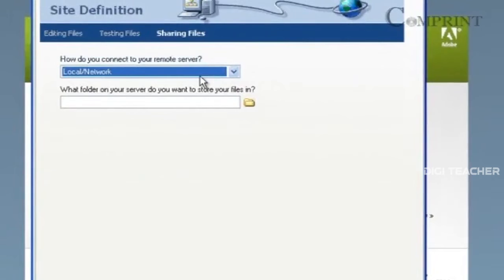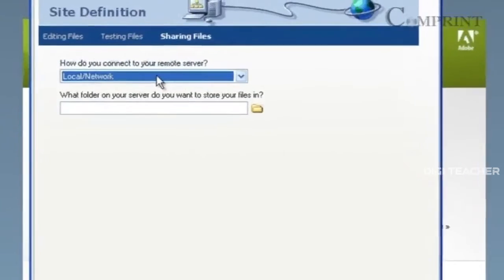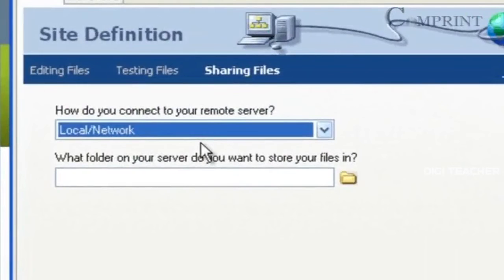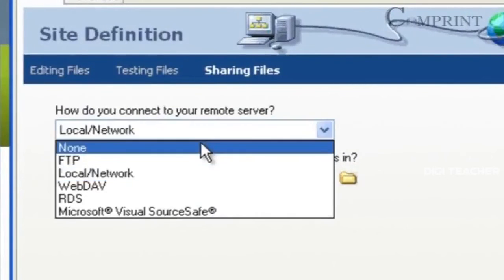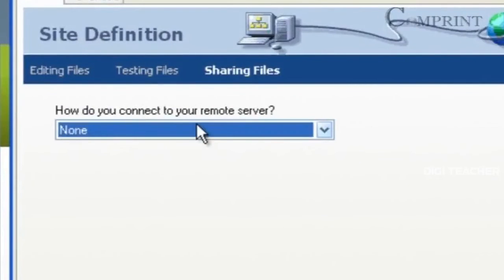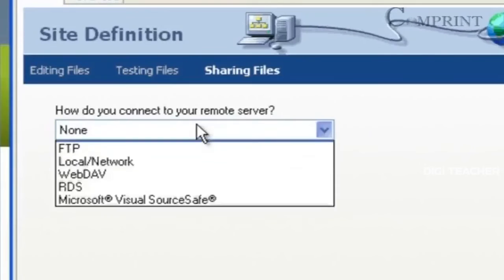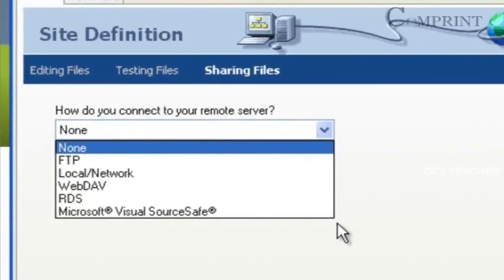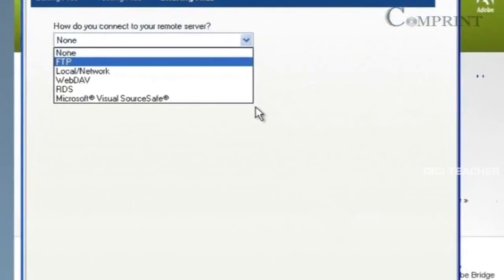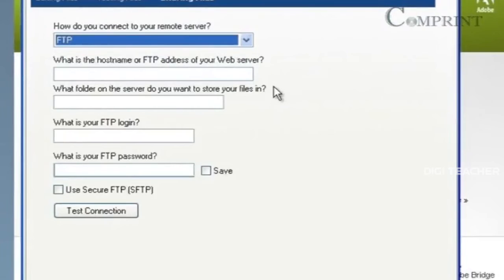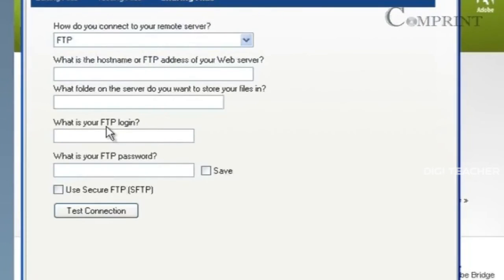Here we are going to choose how our local system is connected to the remote server. If we have not planned anything about our server, choose None. If we are using FTP to connect to the remote server, choose FTP. If FTP is chosen, the information related to the FTP should be entered here.